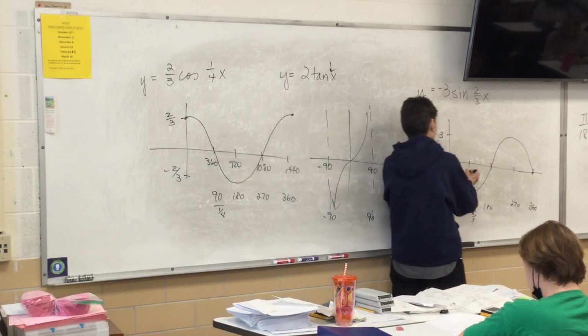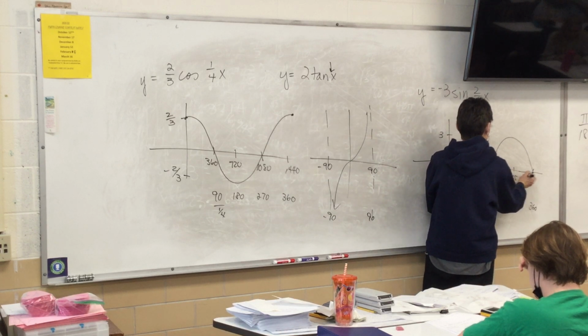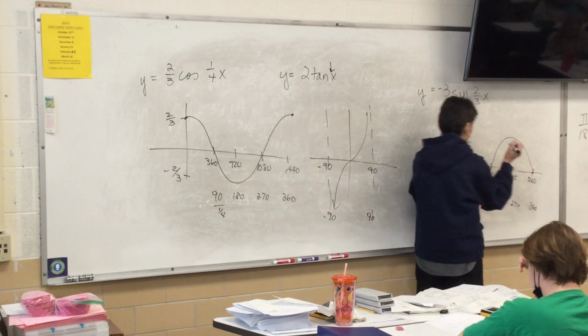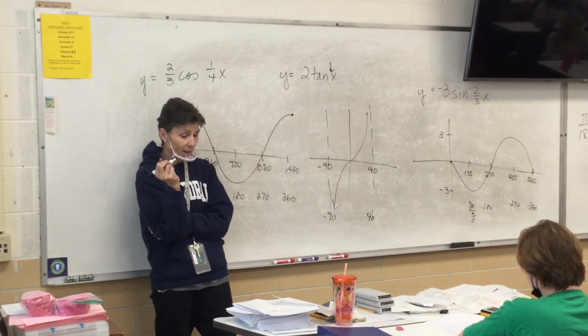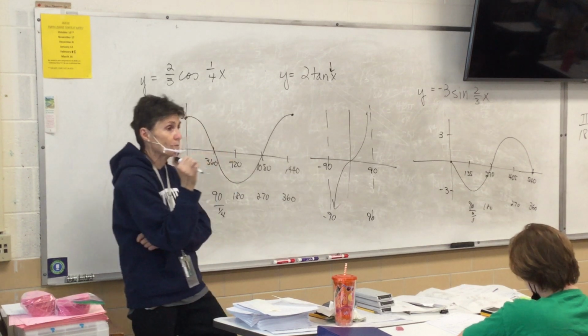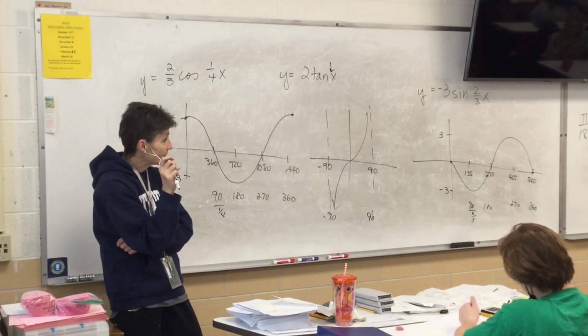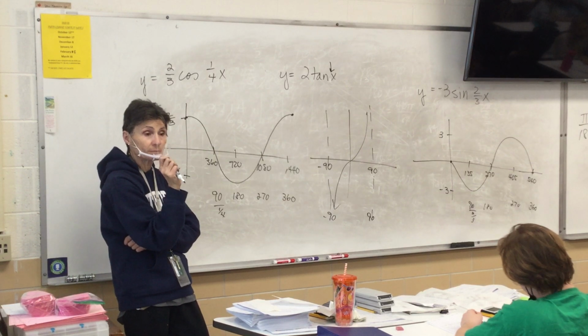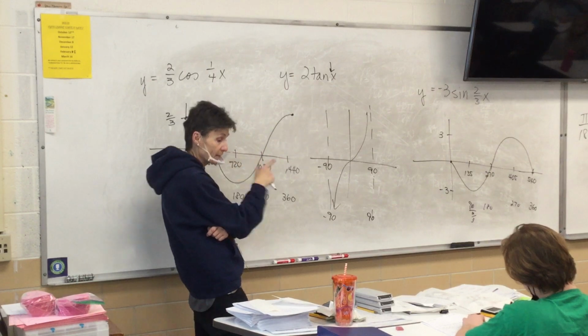So 135, 270, 405, and 540, if my math is right. Yeah. So my amplitude is 3, and my period is 540. So hopefully you did that on your quiz. If not,